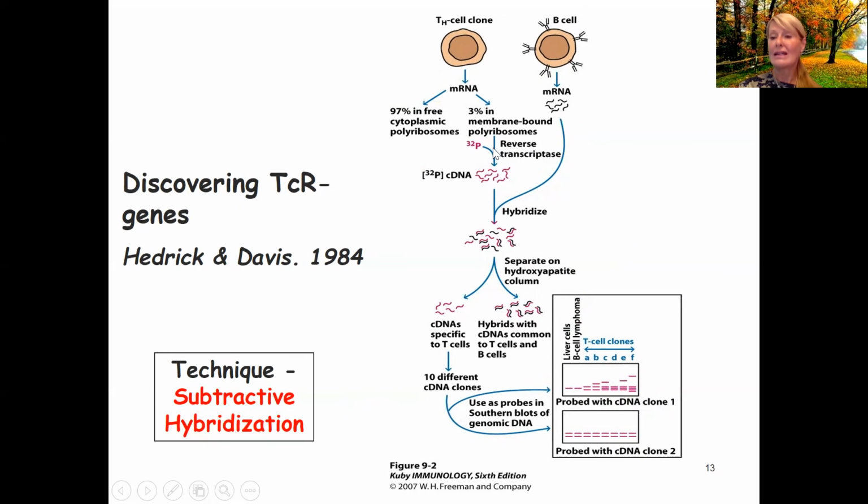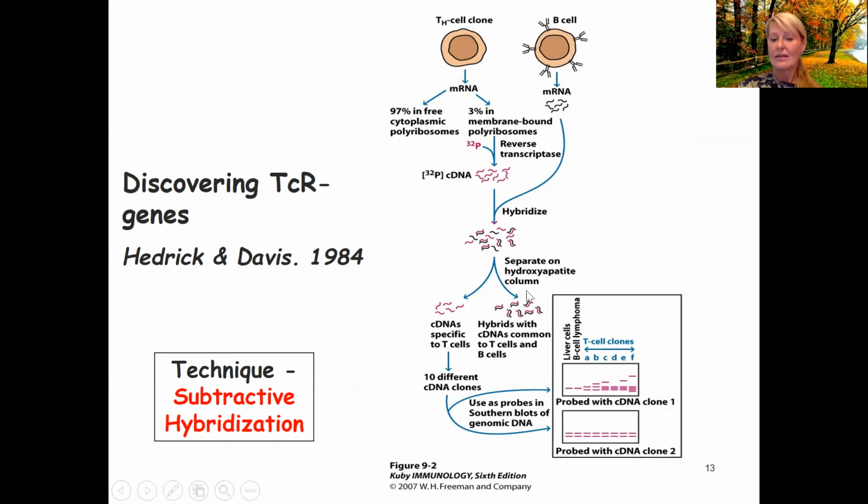And while they were at it, they gave it a radioactive label with P32. So now you've got P32 labeled cDNA, representative of the messenger RNA that's membrane-bound, going to encode for membrane-bound molecules from the T cell. They hybridize them together. In other words, let the pieces that are in common, that have homology, bind and get